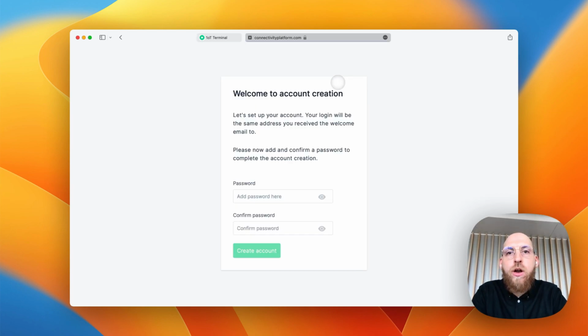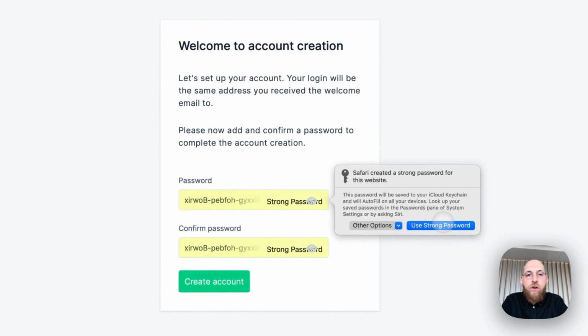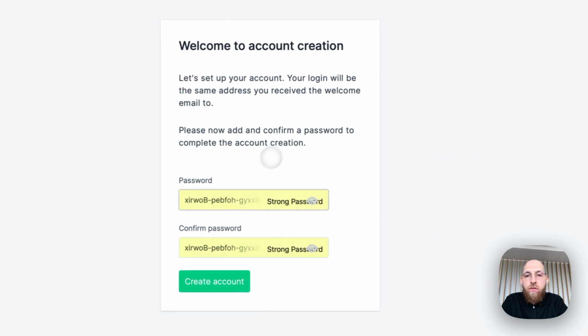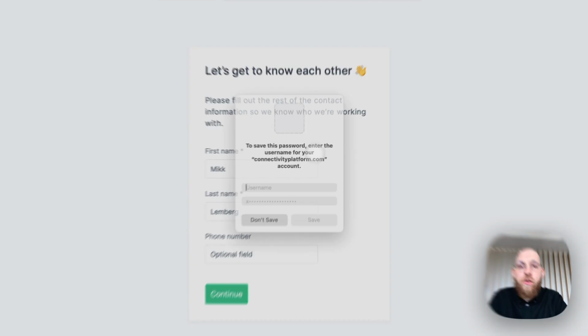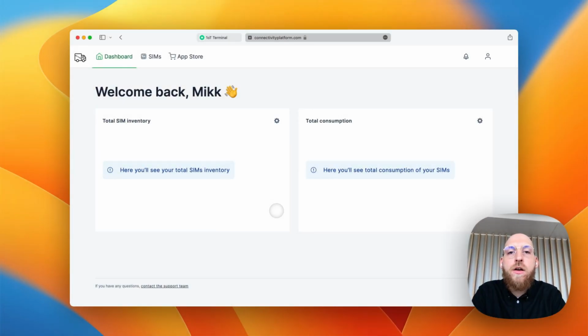Welcome back. So now you can see that I'm using the Safari browser as the Go Logistics company. I was invited to the connectivityplatform.com domain, so there are no mentions of OneNote, and I just have to create the password and then fill out some details, and once I click continue, I am going to see the terminal, but with the logo that you have selected or added in the previous step.